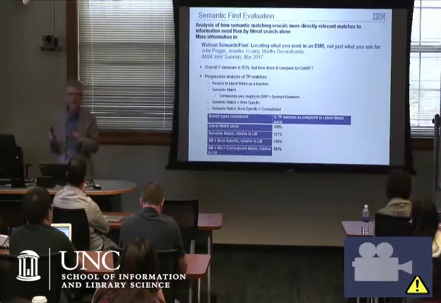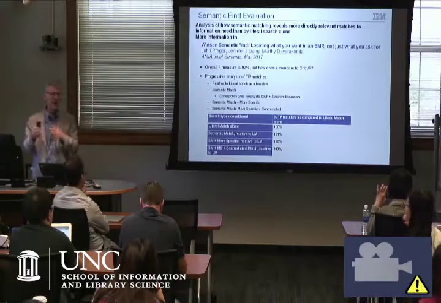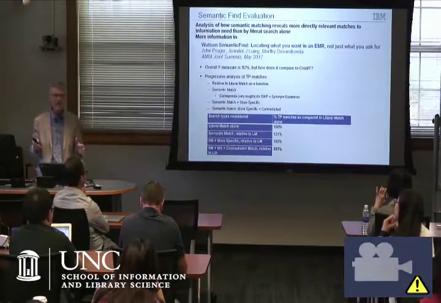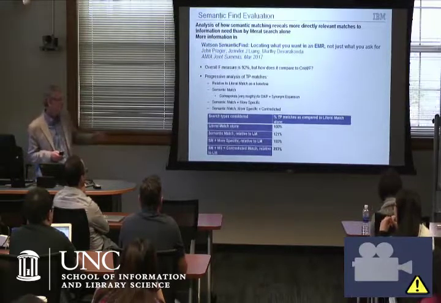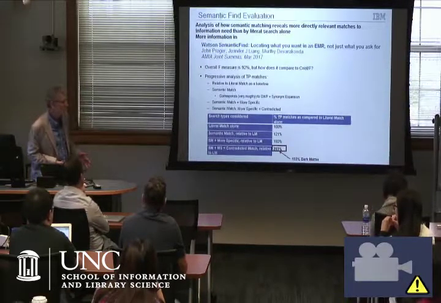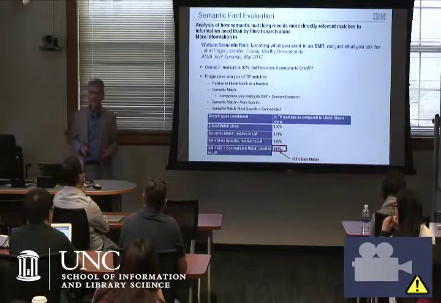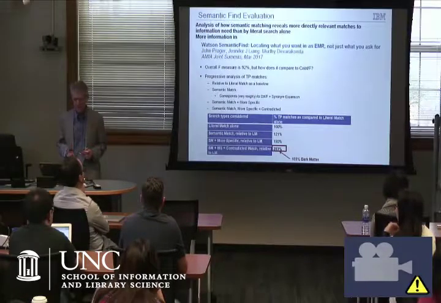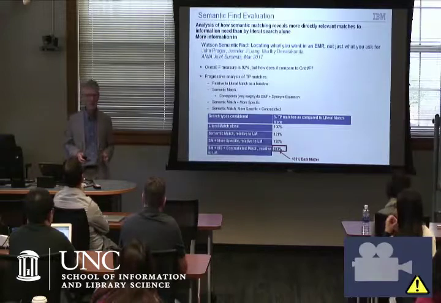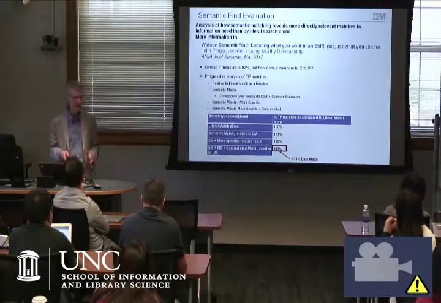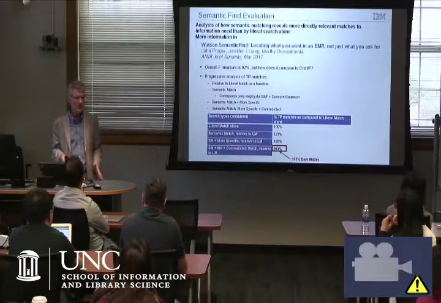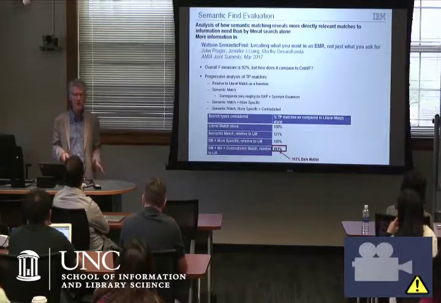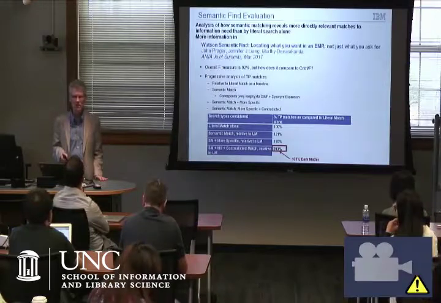Now don't forget, contradicted match, you might well also match with Control F, but it won't be indicated as being the opposite. So basically, by this particular measure, there's a lot of dark matter that you don't get with a regular Control F type search. So I'm running out of time. I have a few slides on the dashboard and the user interface for Semantic Find, which I can get to if questions come up, but I think I'll pause it there and turn it over to the audience for questions.